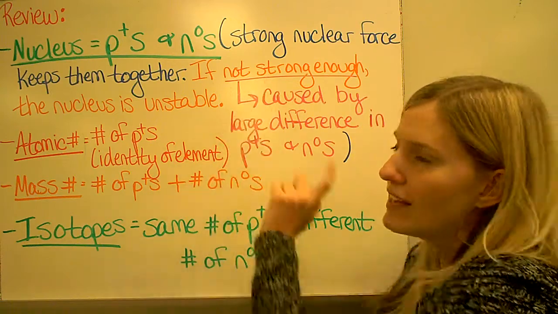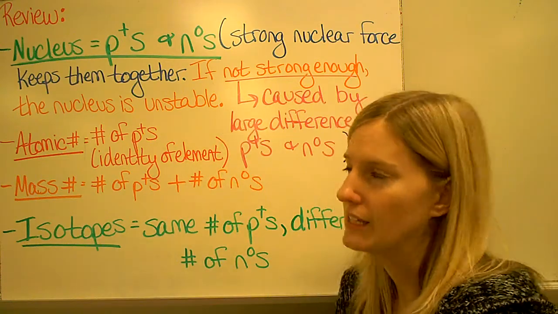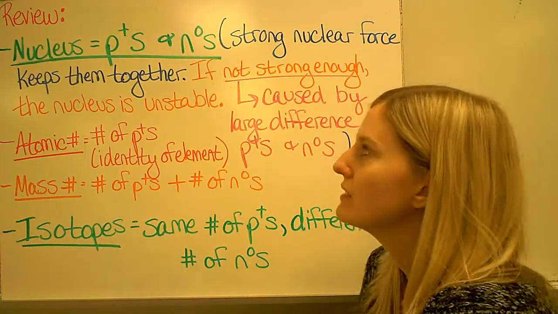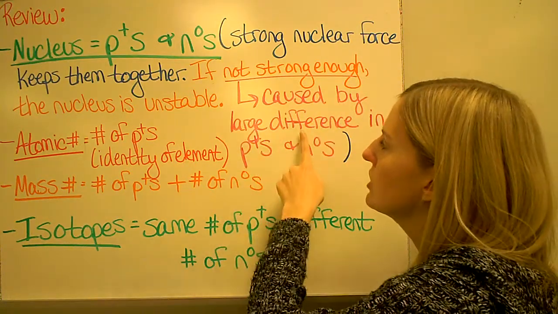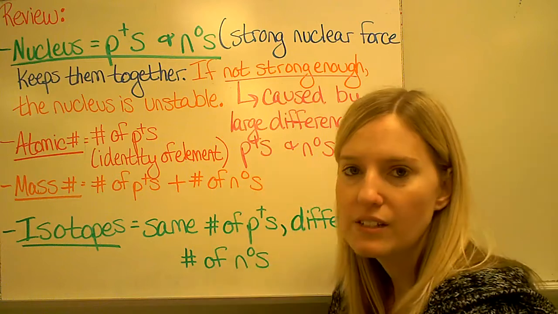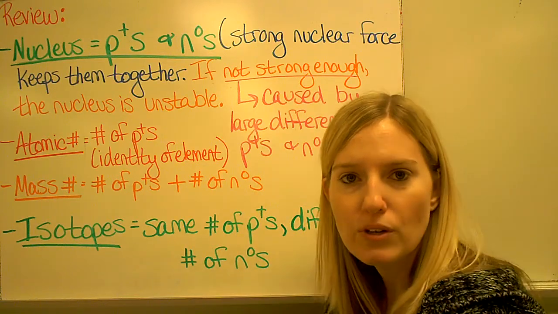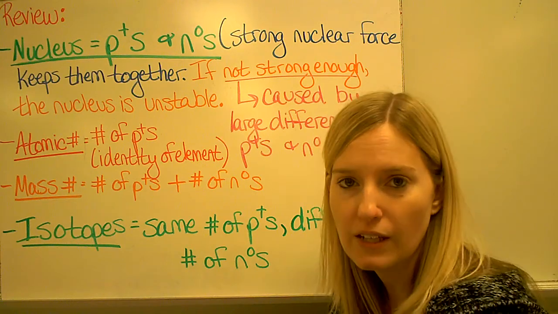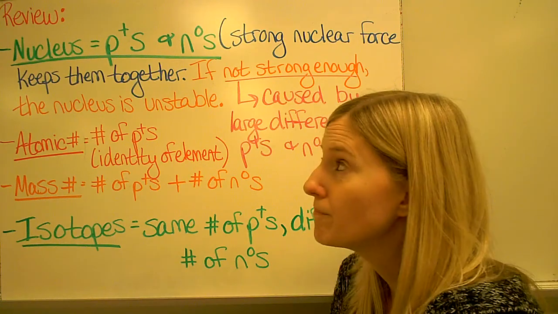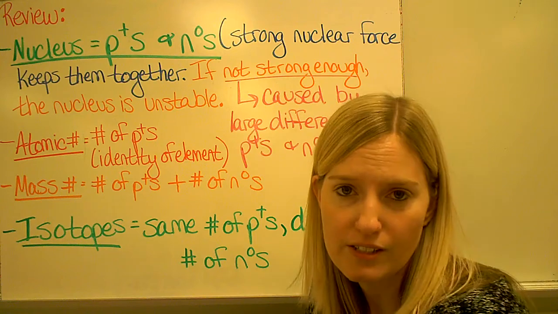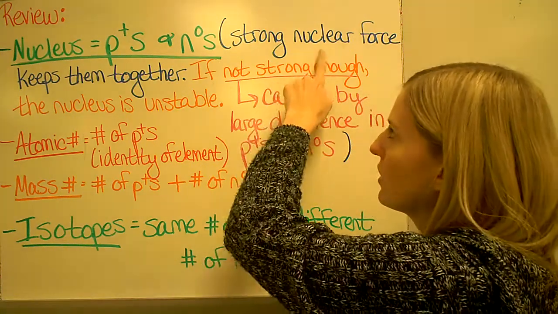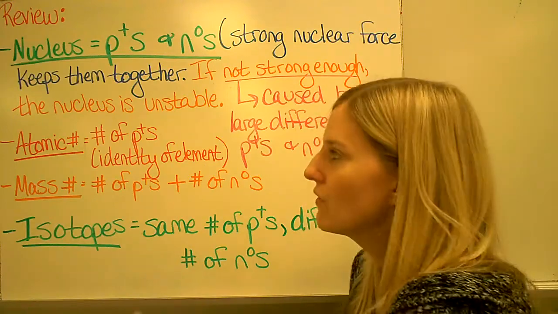And if it is not strong enough in specific cases, we say that the nucleus is unstable. Well, the way that happens is if there is a large difference between your protons and neutrons. So we know that protons and neutrons might differ by like 1 or 2 neutrons typically. But if that difference increases by a lot, then that's what causes the strong nuclear force to not be strong enough,